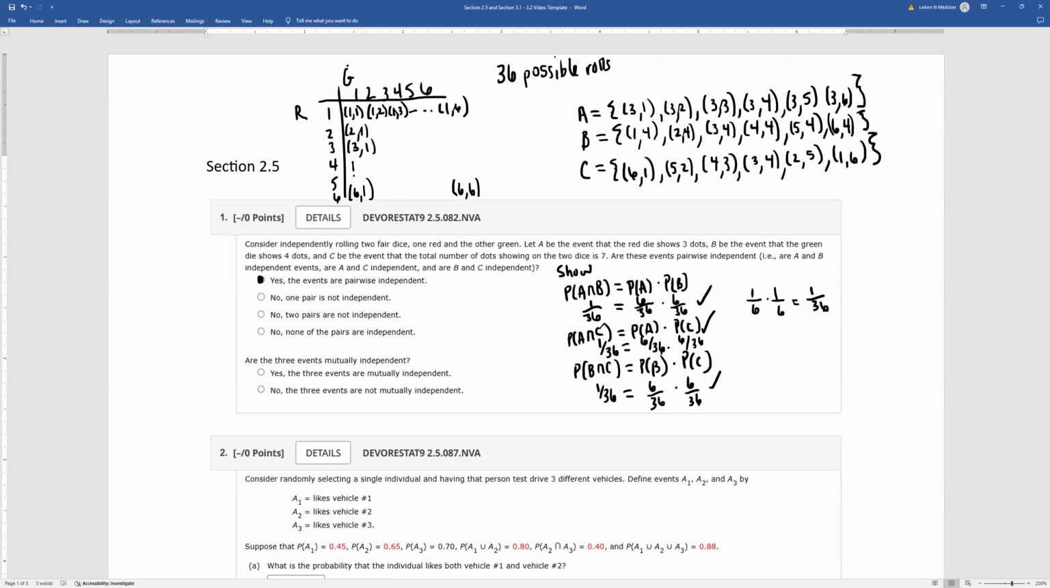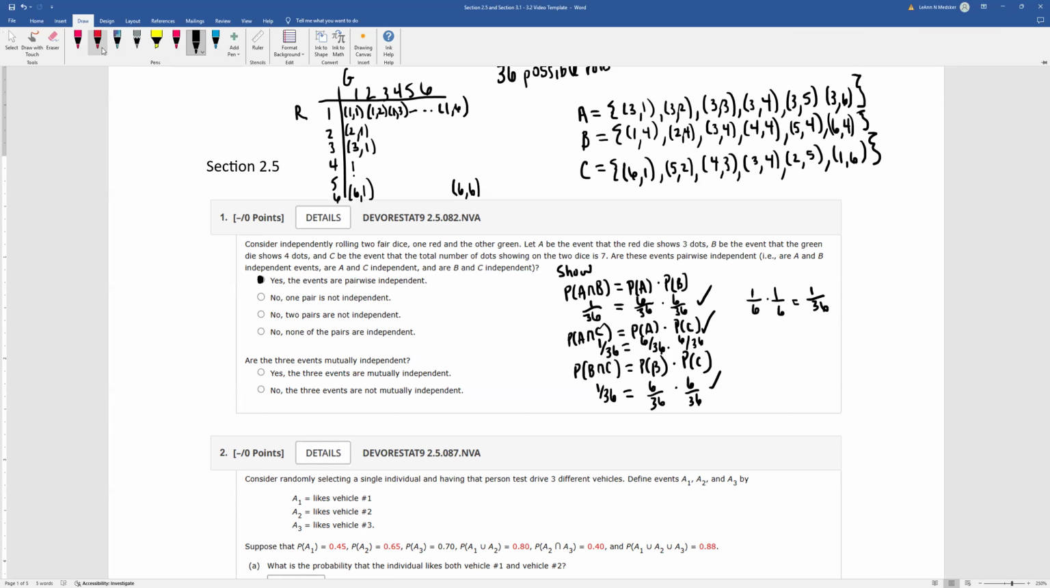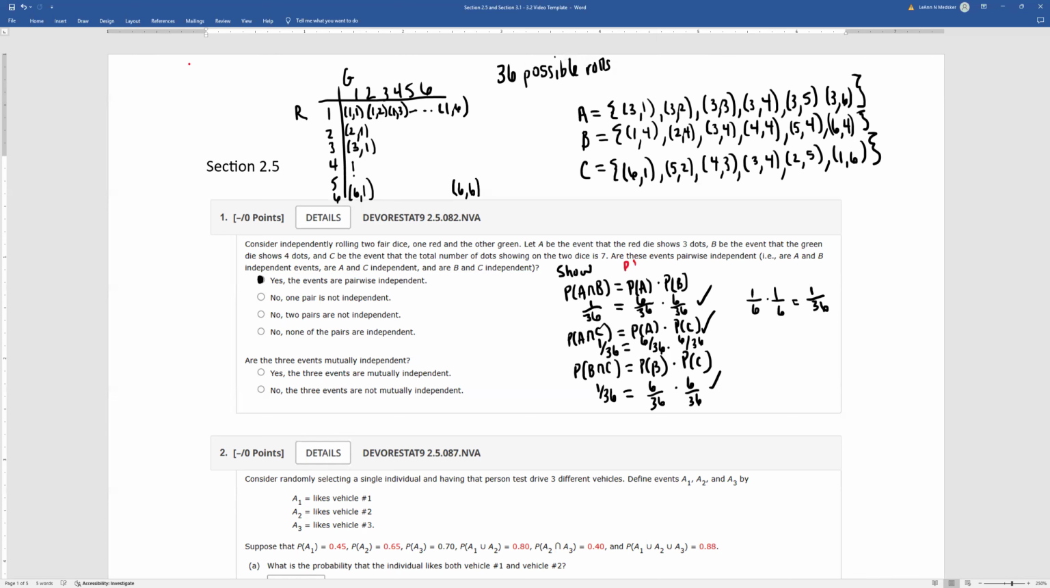Now the last part of this is, are the three events mutually independent? To prove that, this part right here was for pairwise, and we checked each of those. For mutually independent, for all three,